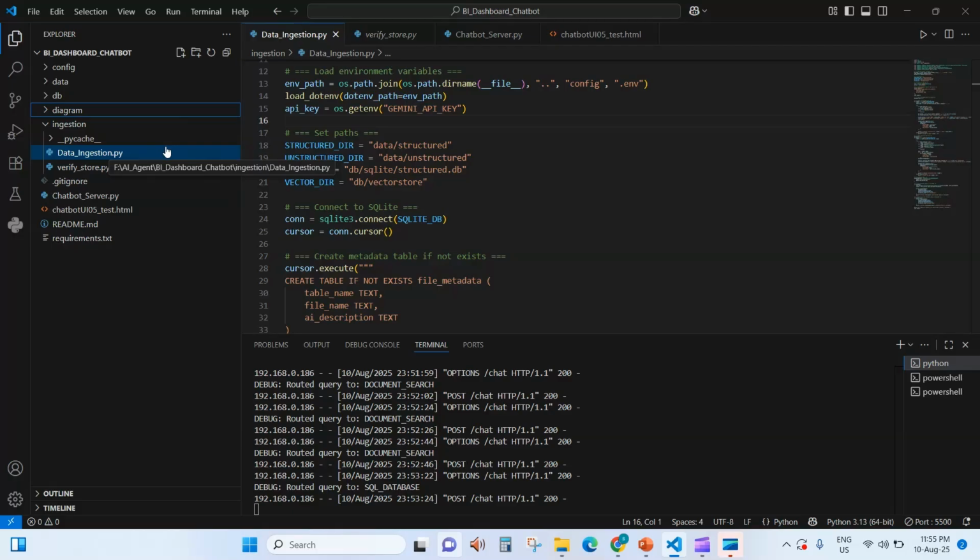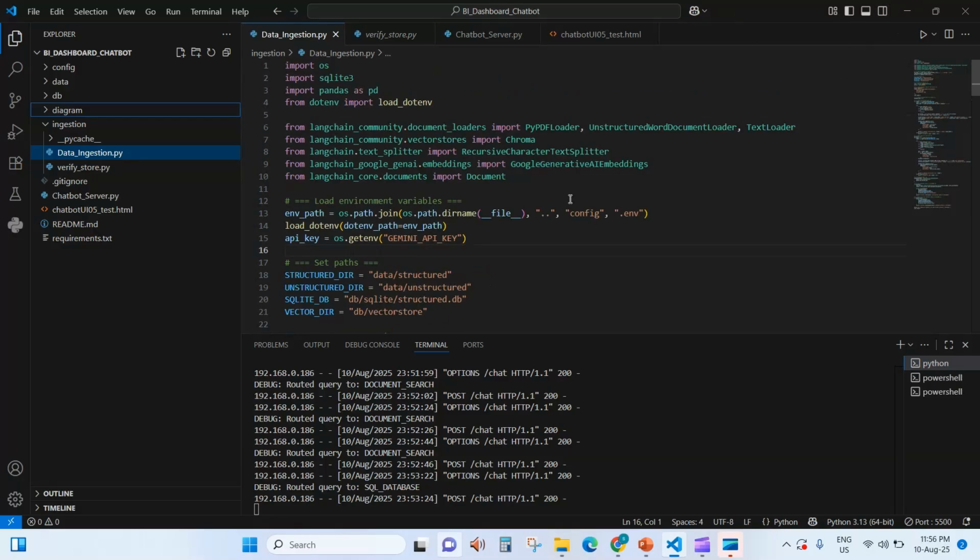Then there is data ingestion. This code I have created separately because we need to create a proper, robust data pipeline, and the ingestion should be different from the execution part. So the chatbot will work continuously, and the ingestion will happen on the backend without affecting the API for it, like the chat API. Okay, so